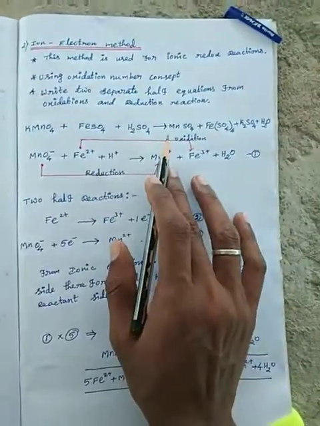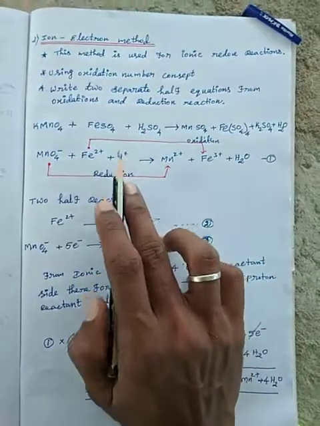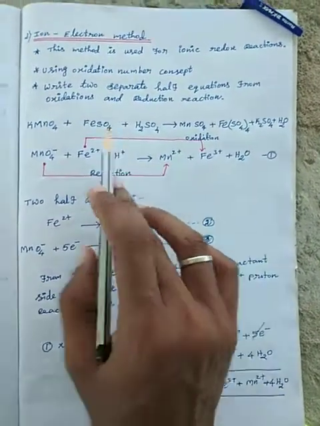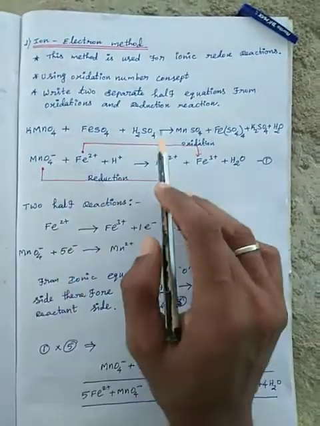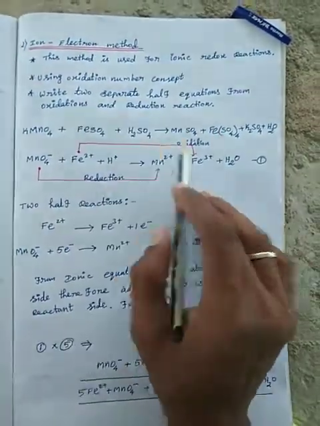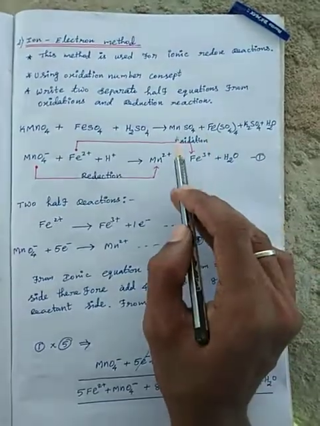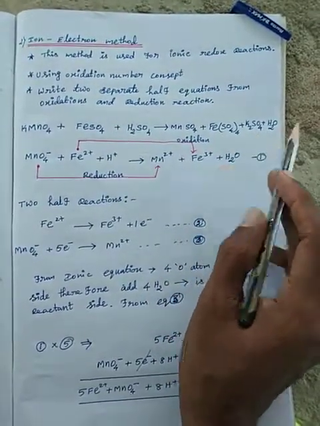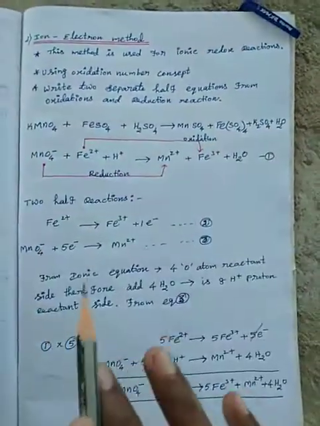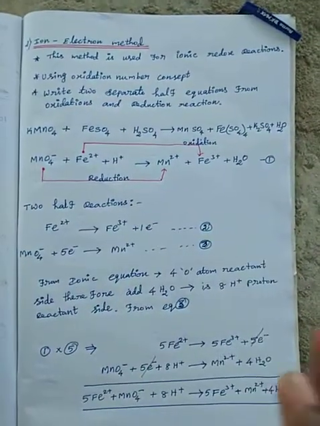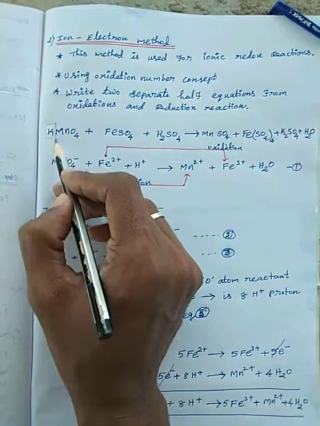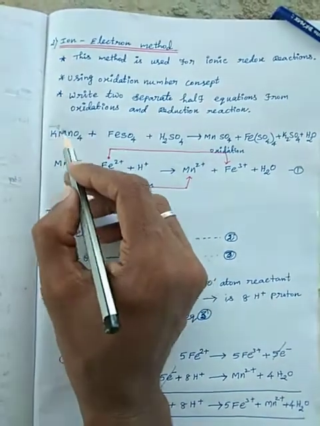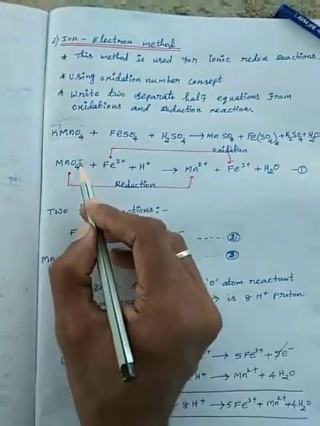How to involve protons from the equations. Take the same equation: ferrous sulfate, potassium permanganate, sulfuric acid. Do not balance the equation; the reactant and product parts are manganese sulfate, ferric sulfate, potassium sulfate, water molecules. Given the equation, how do we find out the ion electron method? In the reaction, potassium loses 1 electron, which goes to the oxygen atom.